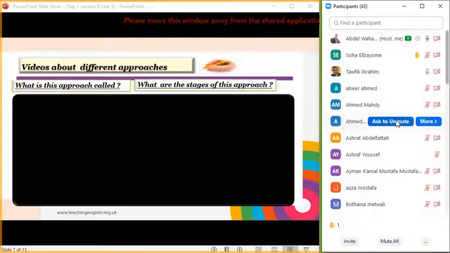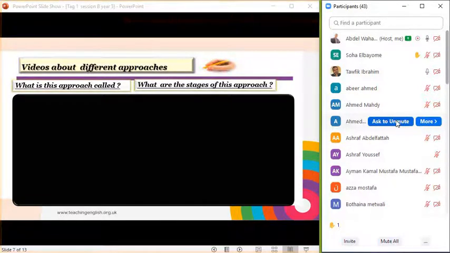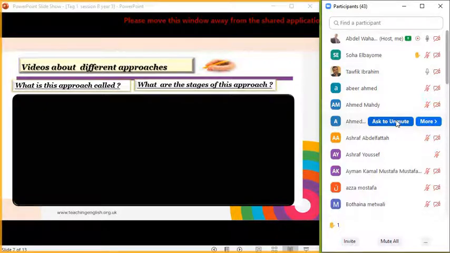Yes, sir. Sometimes I agree with you, and sometimes I disagree with you. This approach, I think it is the inductive approach. It helps learners to use language. The main idea of our program is to help learners or teachers to speak English. Don't keep them at the stage of exam only. We ask them to practice using language. In this approach, we help learners to use language.